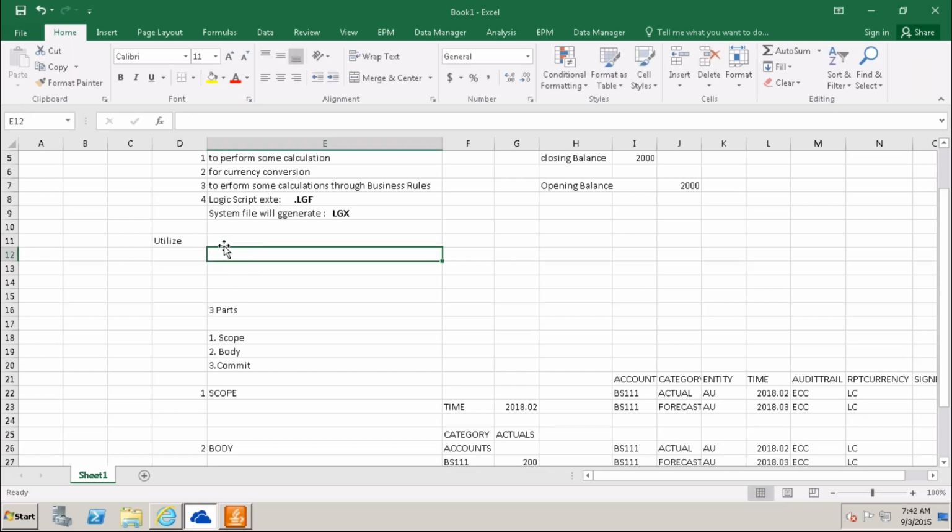One is in the default logic, and the second one is in the data manager package.